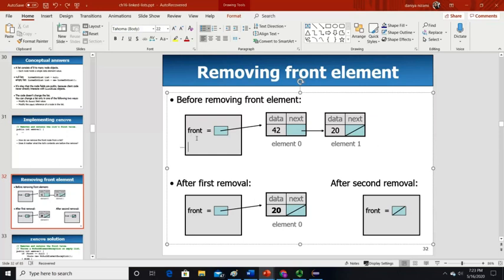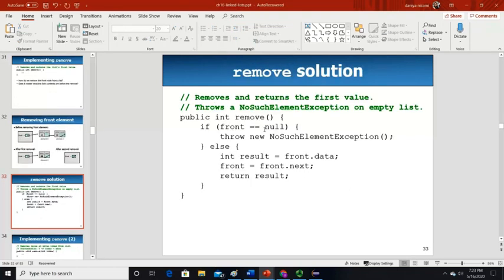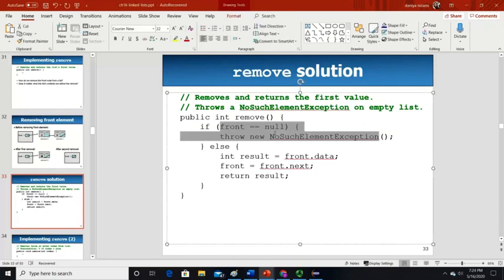So what you have to do is, before removing, assign front to the next part, the address which this value is holding. You need to save the rest of the list. So this is how it will work. For the remove solution, just to remove the first value, first of all you check if your front is null, which means there is nothing to remove, and throw an exception. Else, result equals front.data.